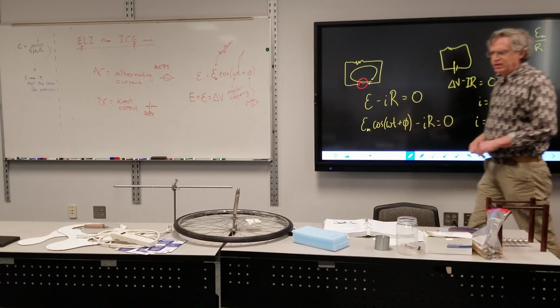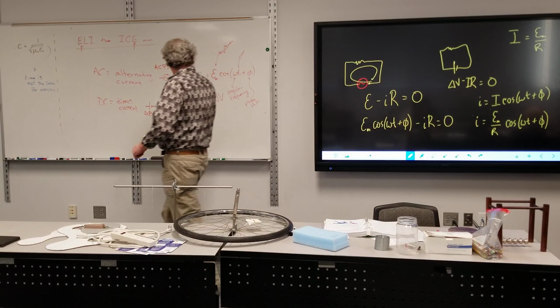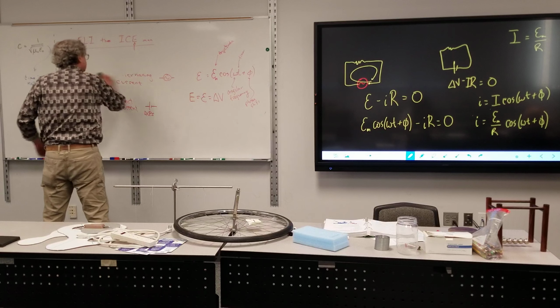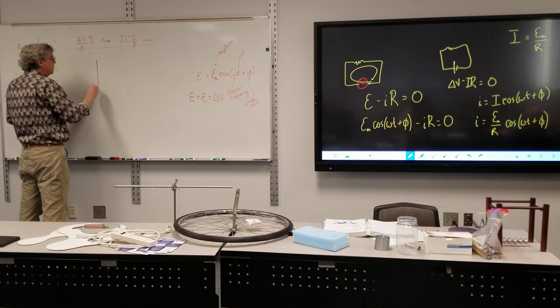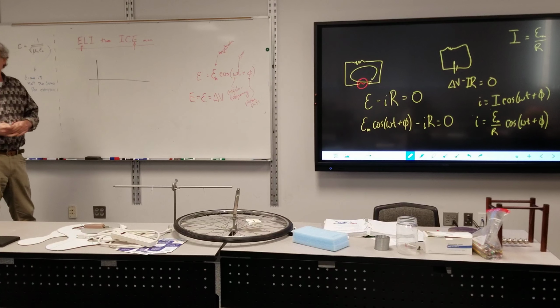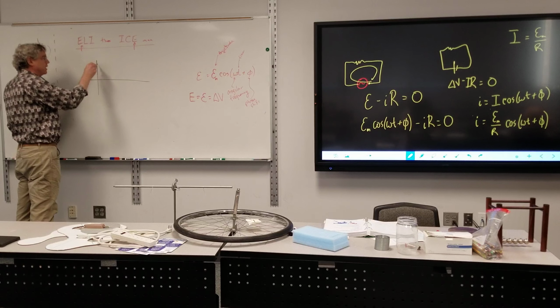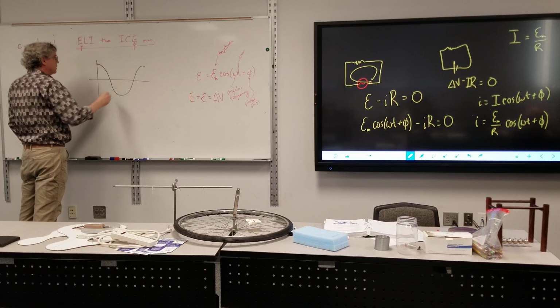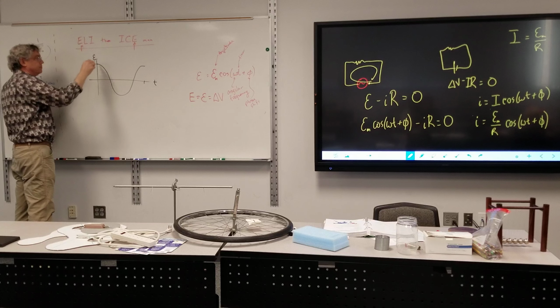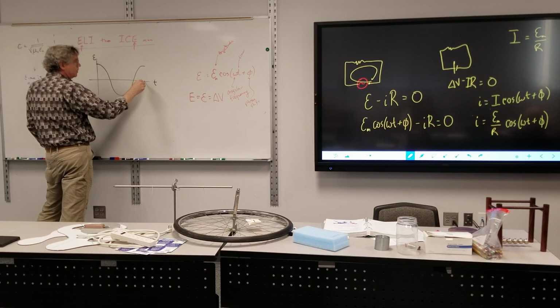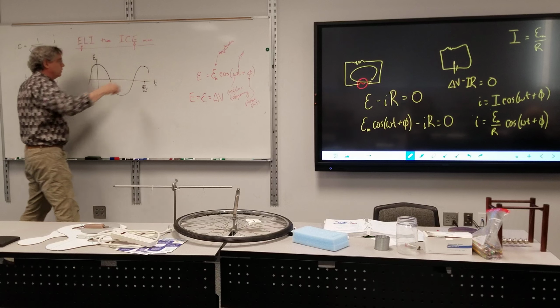We also have, if I plotted this, let's just assume that the phase shift is 0. In other words, my cosine curve is going to start at its maximum, and then that's basically the cosine. This is the time axis. This is my EMF, and this would be 2 pi over omega, and it would keep on going.